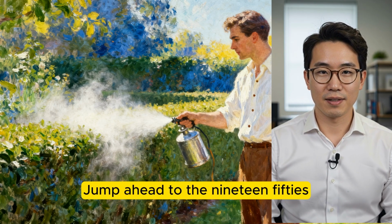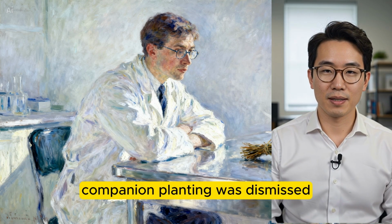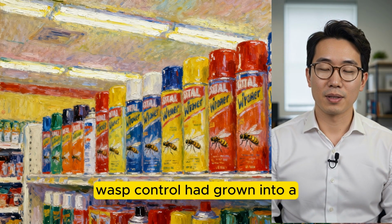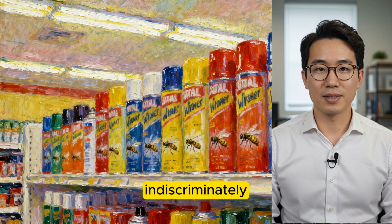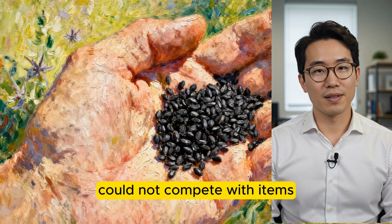Jump ahead to the 1950s, and synthetic pesticides emerged, marketed as modern and scientifically advanced solutions. Traditional companion planting was dismissed as old wives' tales, despite centuries of proven results. By 1980, wasp control had grown into a multi-million-dollar industry, centered on products that killed indiscriminately. A method costing mere pennies, one that safeguarded bees while discouraging wasps, could not compete with items designed to generate